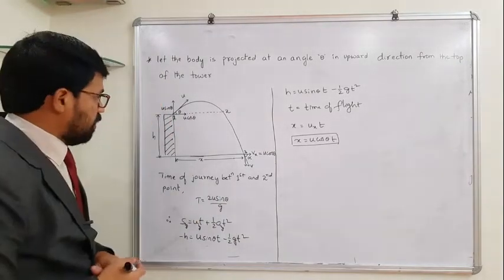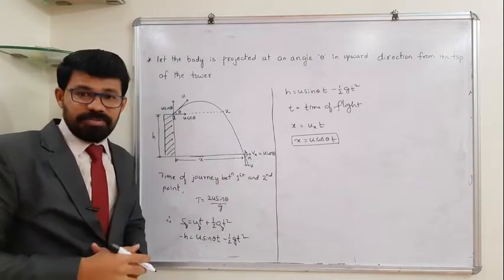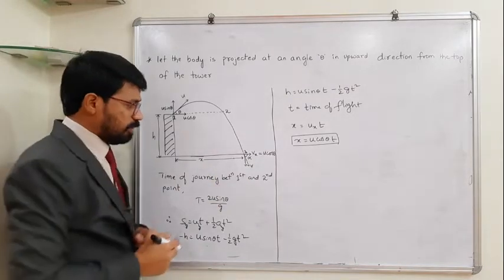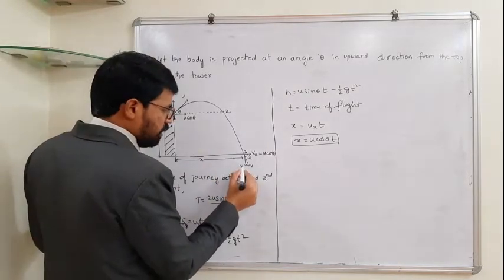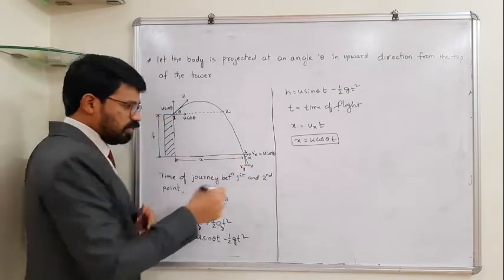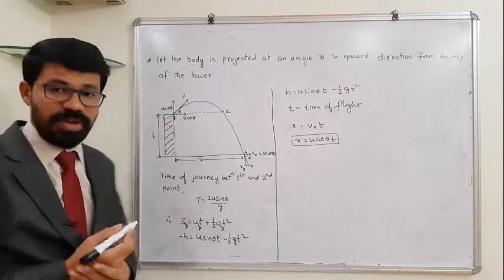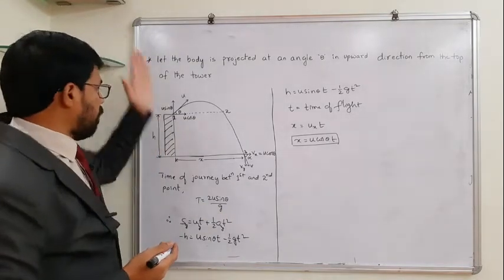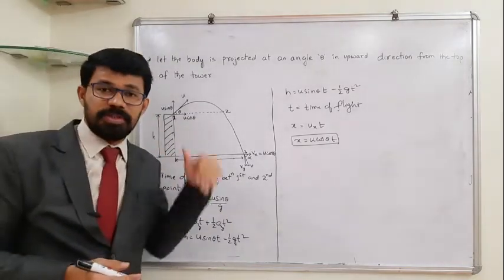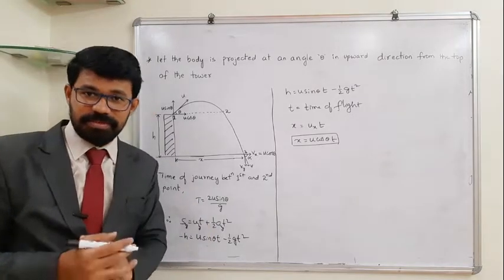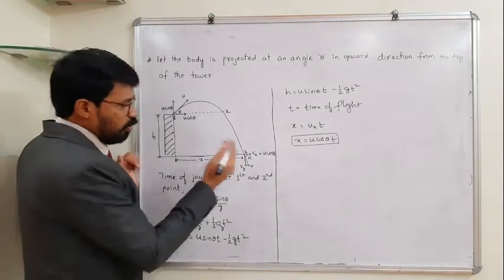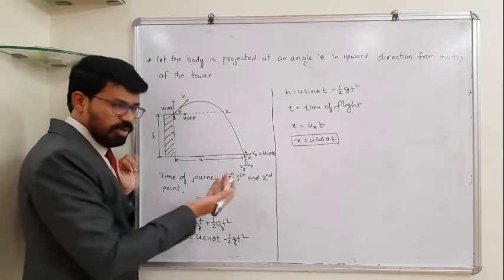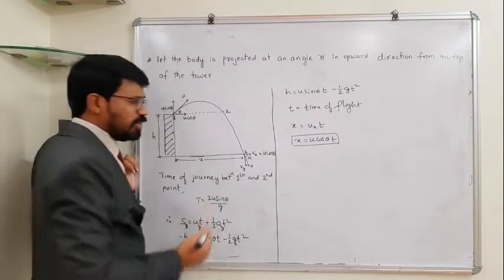Now, with what velocity does it strike the ground? That is also one point we can explore. Here I'll take the vertical component of velocity with which finally it is striking the ground as vy, in the downward direction. If you take upward velocities as positive, downward velocities you can take as negative. So let us find out vx and vy. No need to find out vx, we have been telling about this. The horizontal component remains constant.